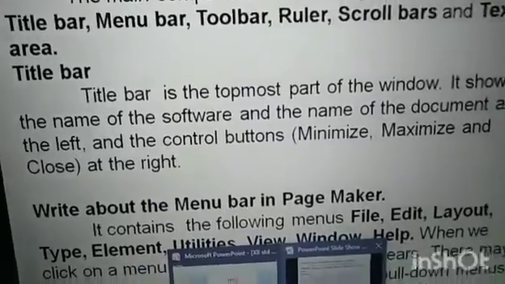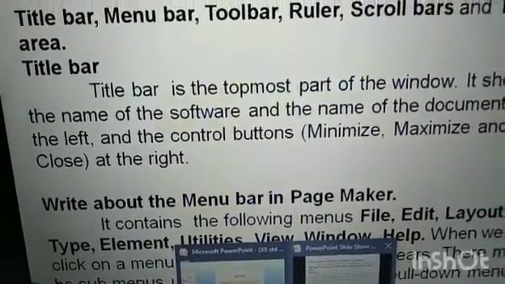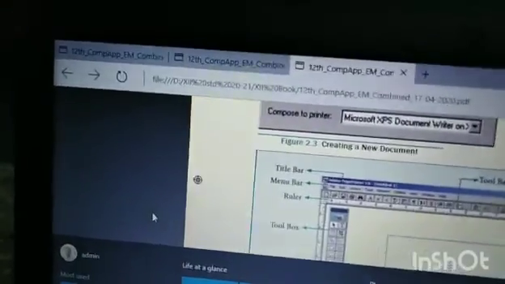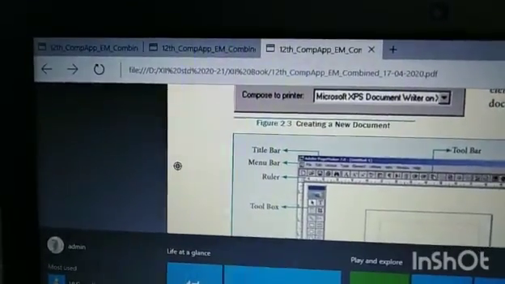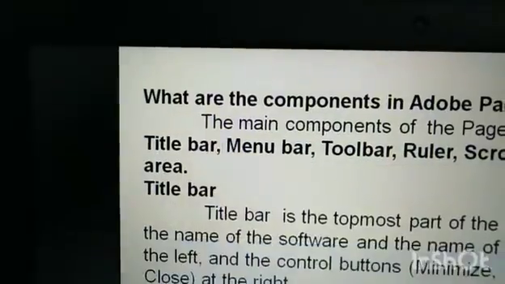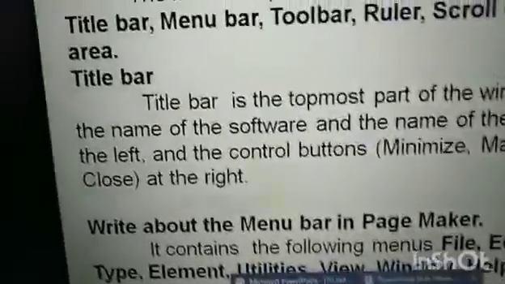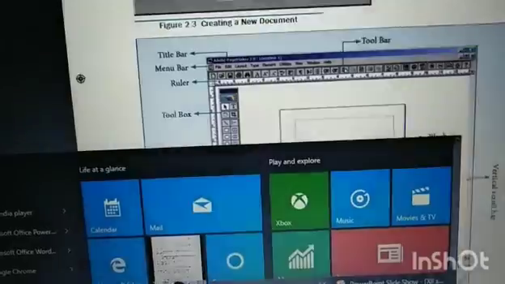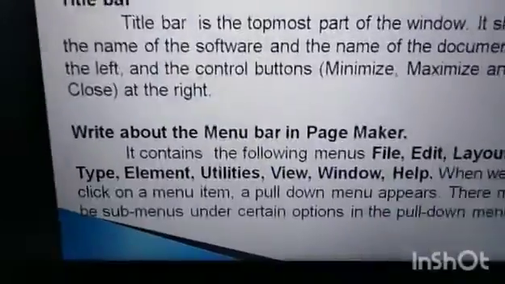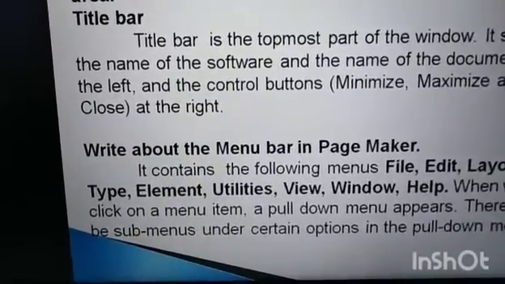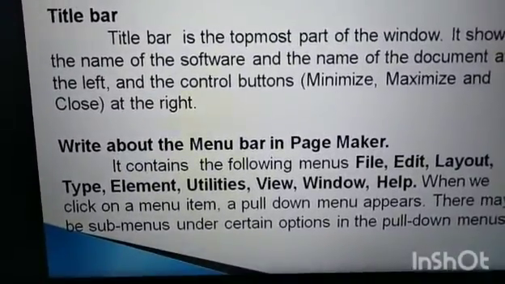And what is the menu bar in PageMaker? The next concept, write about the menu bar in PageMaker.